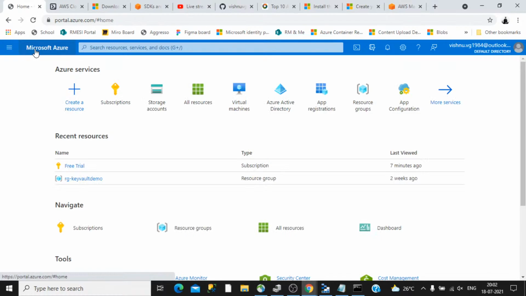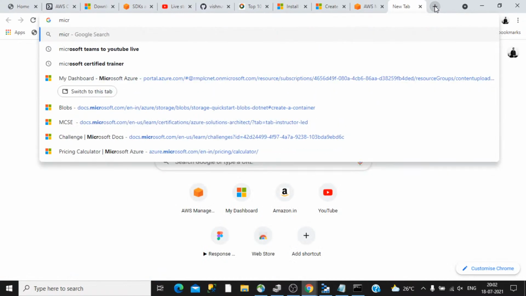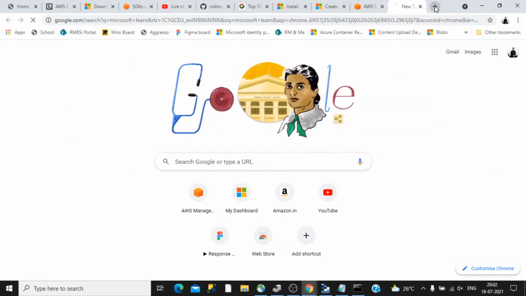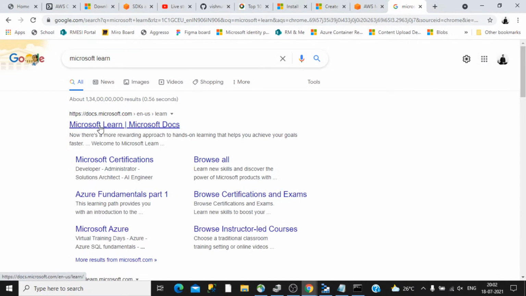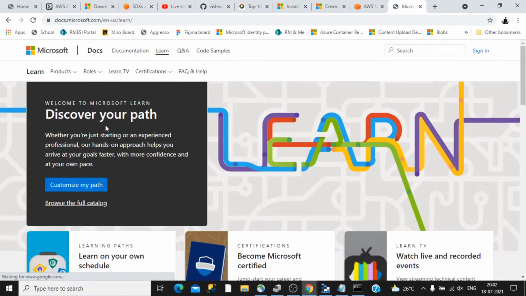Another way by which you can use Azure services for learning purposes is to go to Microsoft Learn, and you can click here. You have to log in with your Microsoft Outlook account.